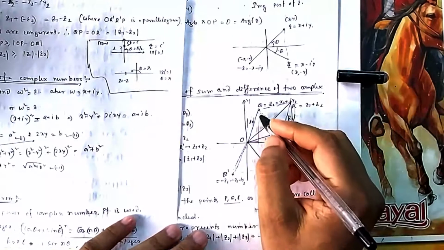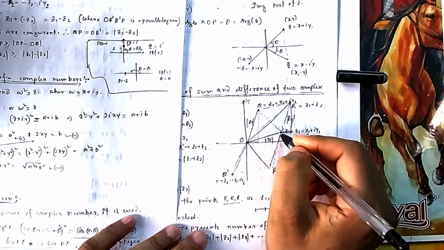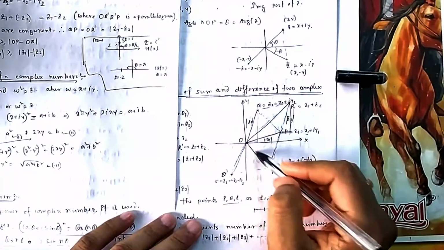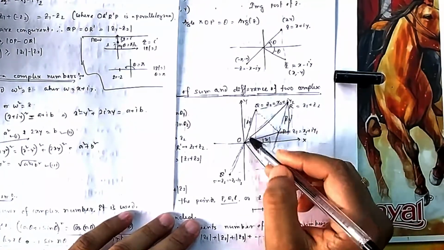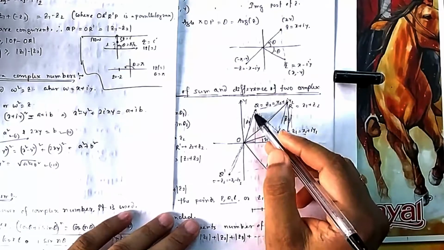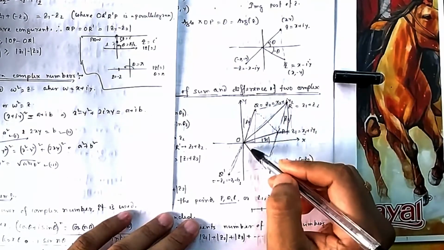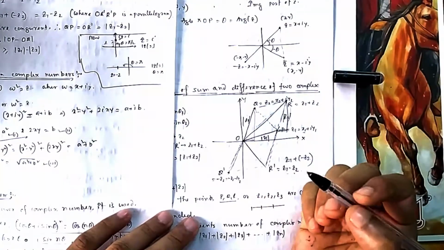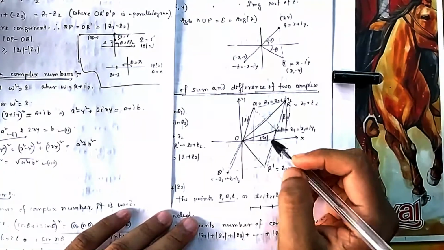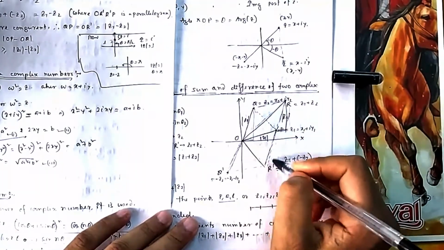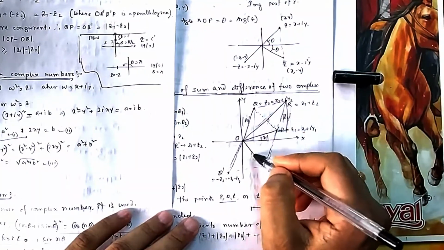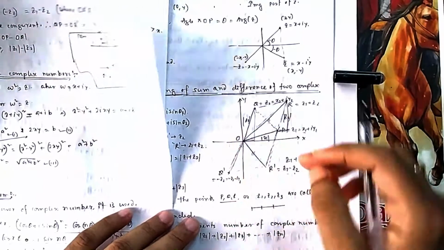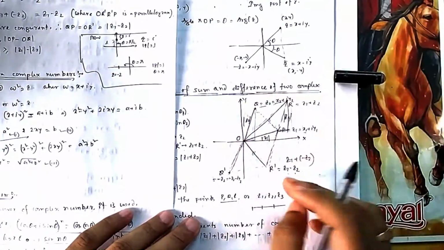Now if you see this triangle, this dotted line I have shown here, this triangle and this triangle, this side is common. This length and this length are the same. These angles are the same because it is a parallelogram. You can feel it now. All these are parallel, so obviously this triangle and these triangles are congruent. Once they become congruent, then these and these are equal. So whatever the magnitude of Z1 minus Z2 will be the magnitude of Z2.